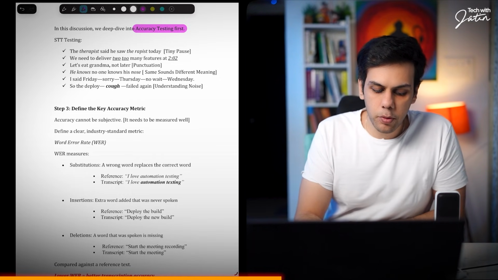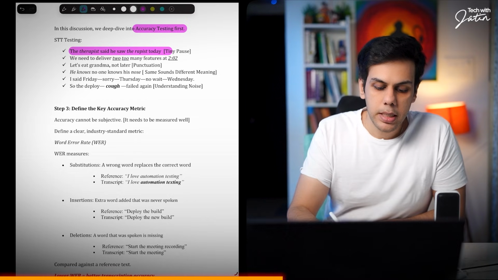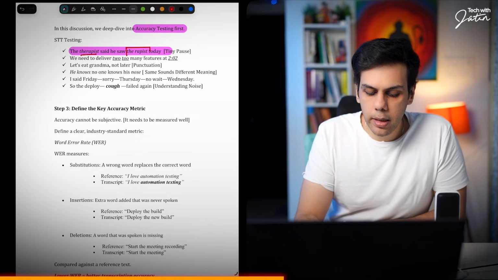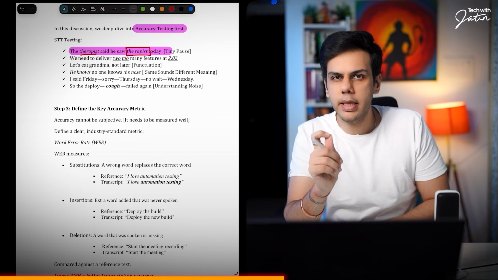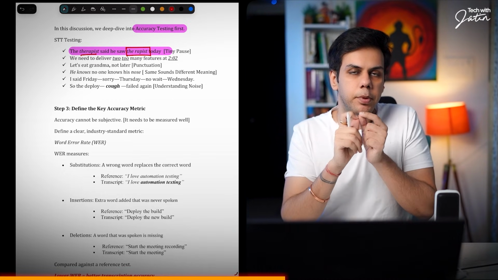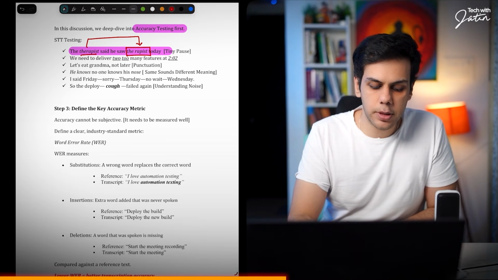So over here, if you observe carefully the first one: The therapist said he saw the rapist today. Now, over here, the therapist and the rapist, if there is a very tiny pause, the STT should be able to identify that and it should be able to differentiate between these two chaps properly.